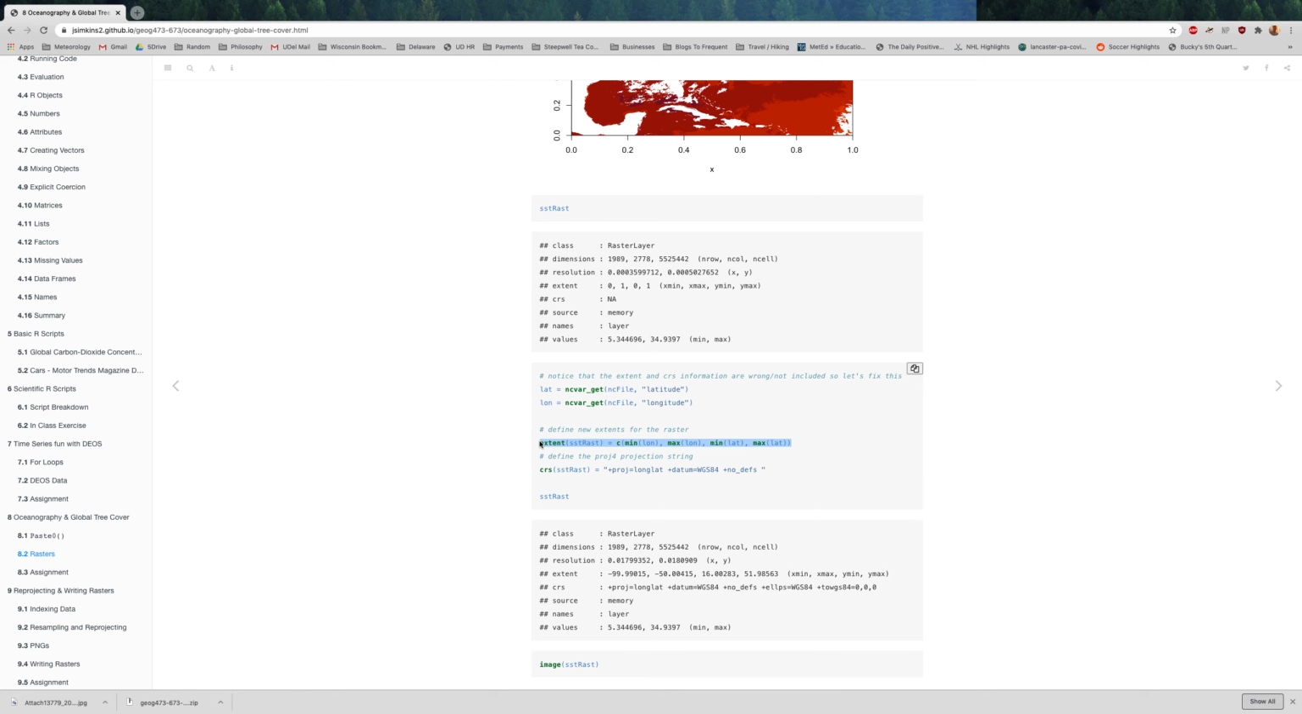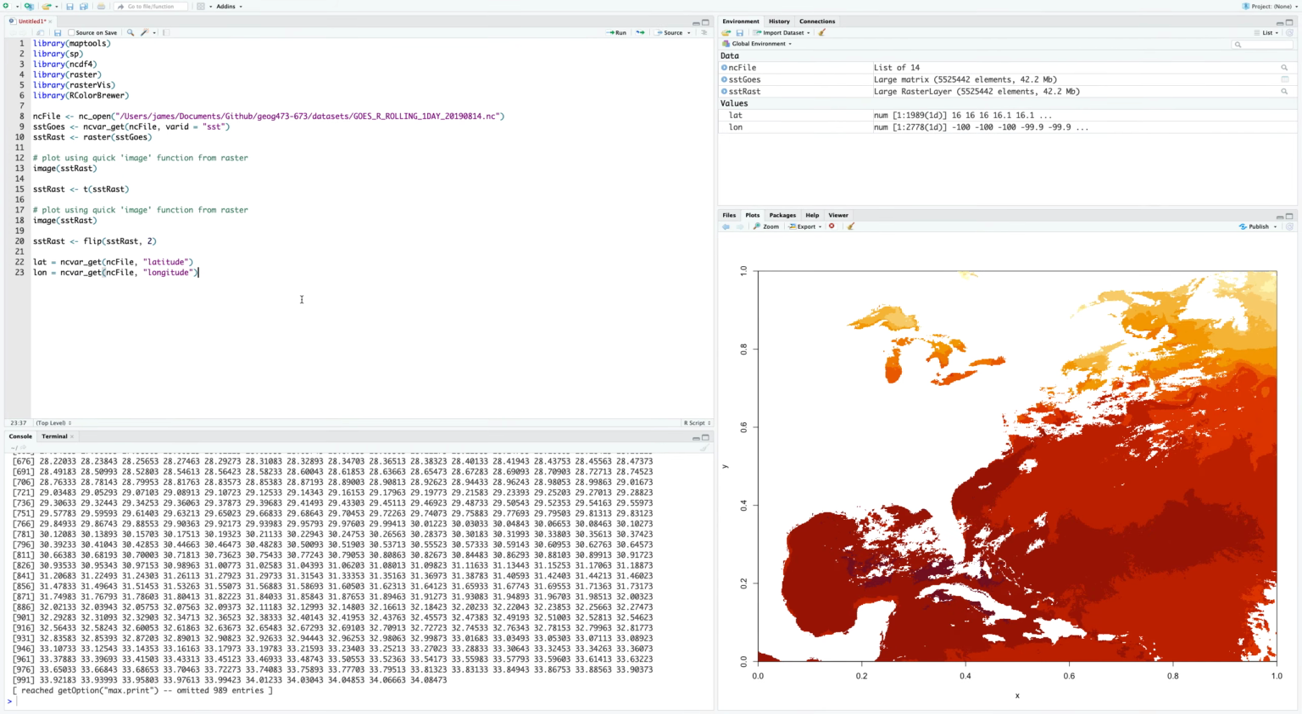The extents are going to be the extent of SST-rast, which we can classify using the extent function. So we're saying, hey, the extent of SST-rast is going to be equal to this. And the extent is just equal to the minimum lon, the max lon, the min lat, and the max lat. And so if we look at this and think about it like this,